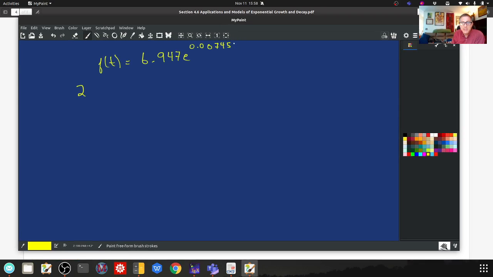So when will the population double? The current population, the zeroing out population, is 6.947. Remember, that's my y naught value. So that's 2 times 6.947 is equal to 6.947 times e raised to this exponent up here. I'm not going to bother to write it down, because the next thing I'm going to do is divide both sides by 6.947. And when I divide both sides by that, I just get a 2 on the left-hand side. So 2 is equal to